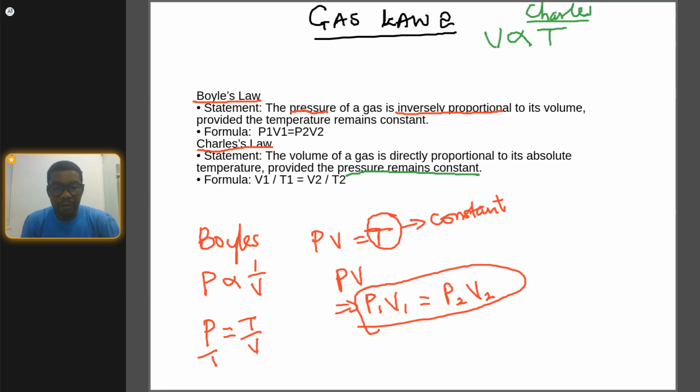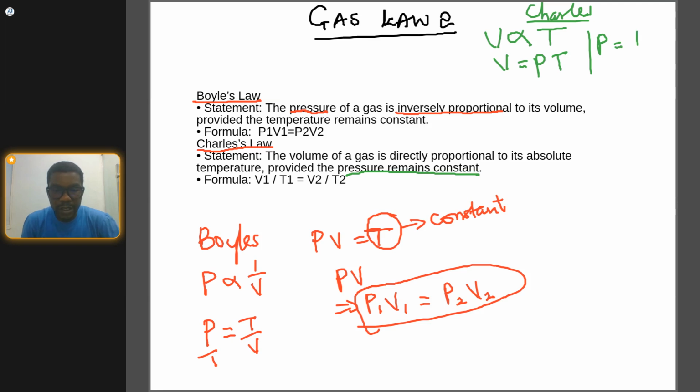So expressing this mathematically, we have V equals K. In mathematics we use K to represent a constant. But now, because we are dealing with physics and the law says that the pressure remains constant, I'm not going to use K, I will use P to replace the constant, and we have T. Expressing this in terms of P, which is the constant, we have P equals,